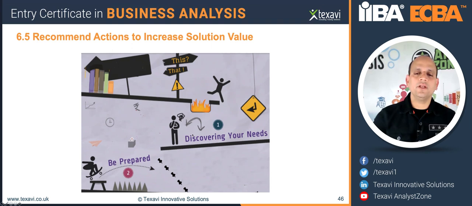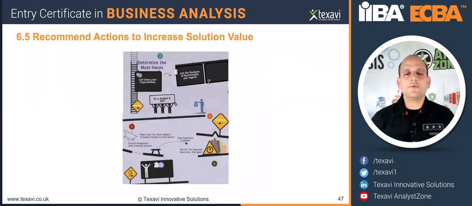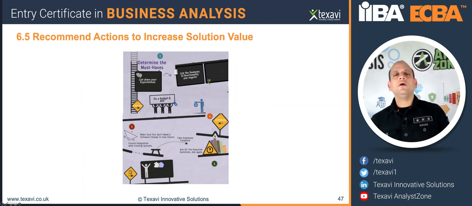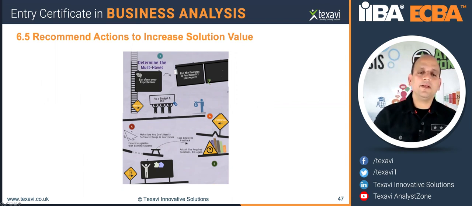What kind of things would you need to discover the needs properly, and then prepare to take the jump, to take that set of steps and recommendations to implement what we wanted to do. And then this is the prioritization, the must-haves and the must-dos, setting the expectations, having a budget, and getting approval by the sponsors. And then once we have done that, we need to identify the potential value, and then implement that, come up with the recommendations, and make sure that